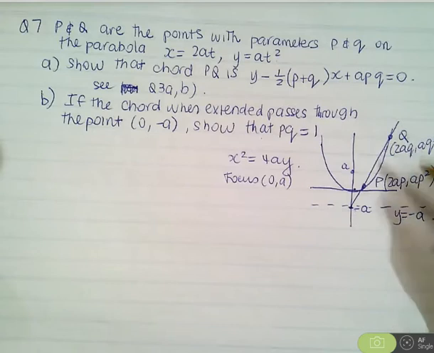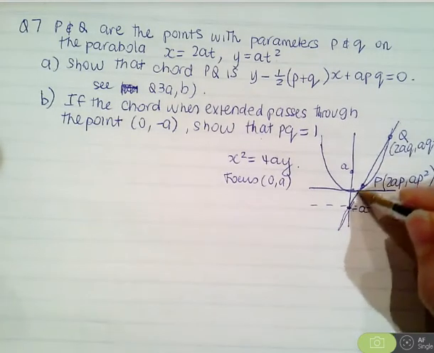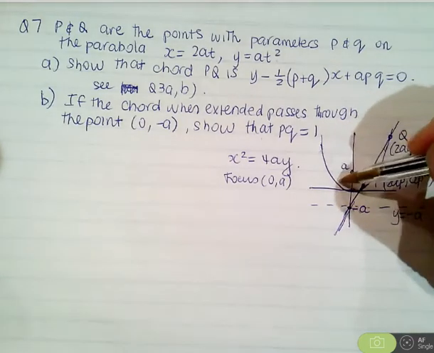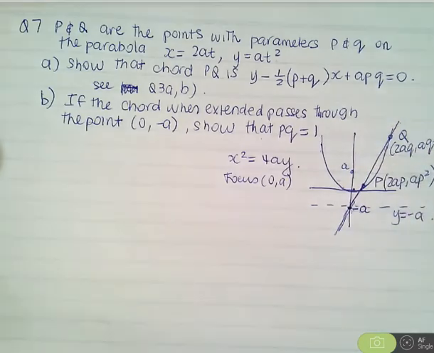So for that chord to pass through the point (0, negative a) down here, P and Q must be on the same side of the parabola, or they could have been on this side as well and pass through like that, okay? Now it says if the chord when extended passes through (0, negative a), show that pq is negative